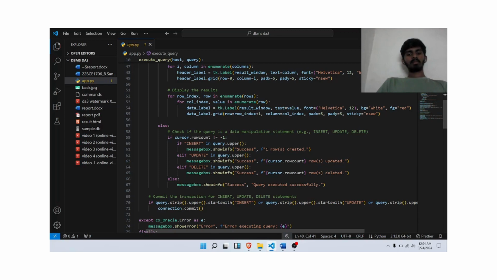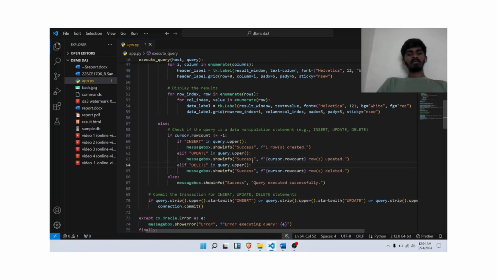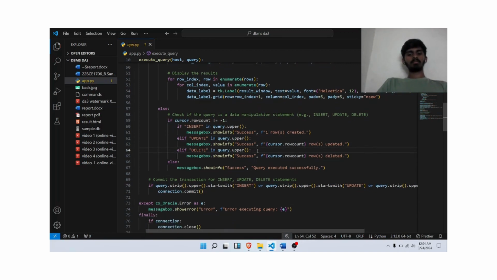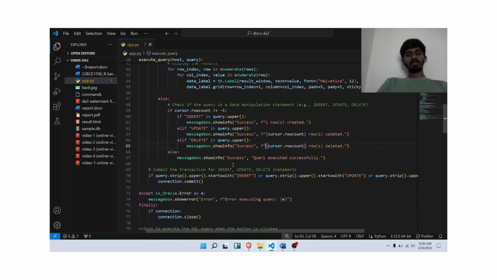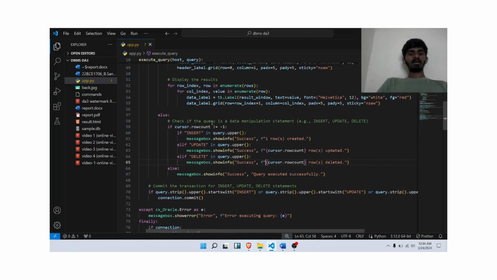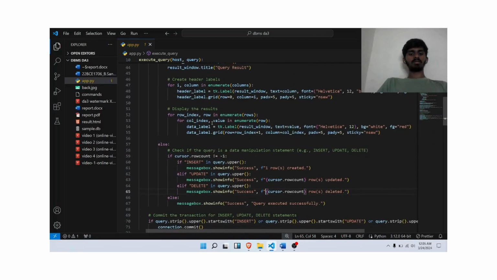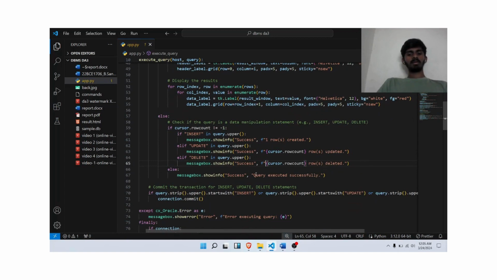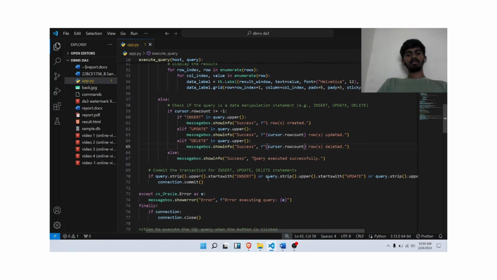If there is an update command, we'll be verifying the number of rows updated and displaying the "n rows updated" message. If he has been deleting some data from the table, we'll be displaying "n rows deleted". Finally, if there is a different type of command excluding all these types, then we'll be displaying Query Result, "Queries